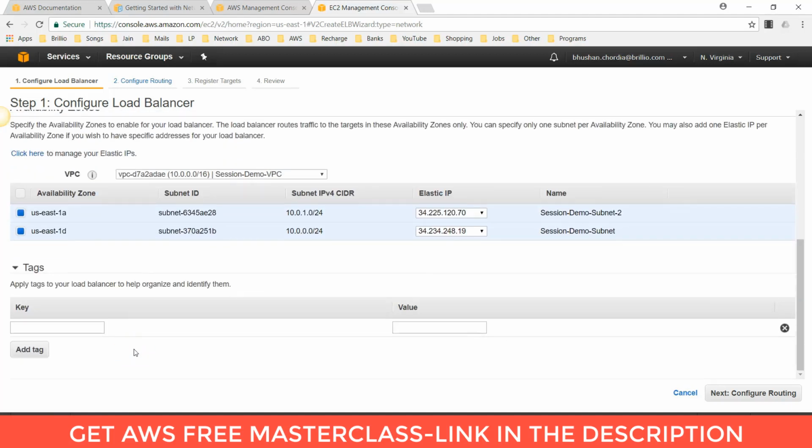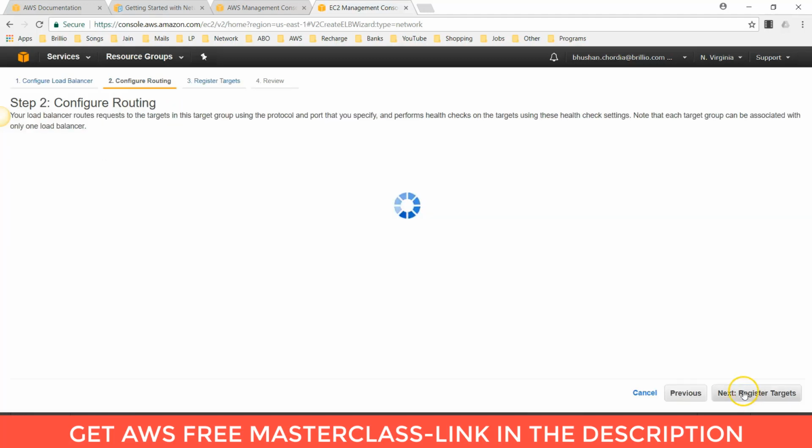Tags are basically used to organize and identify them. So I am giving the key as name and value as session network load balancer. Now click on next, configure routing.